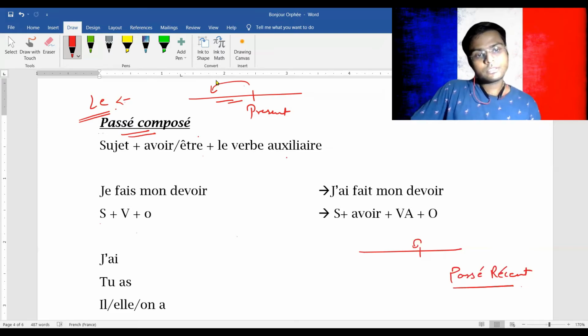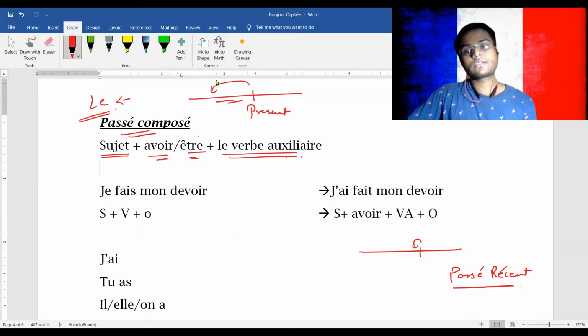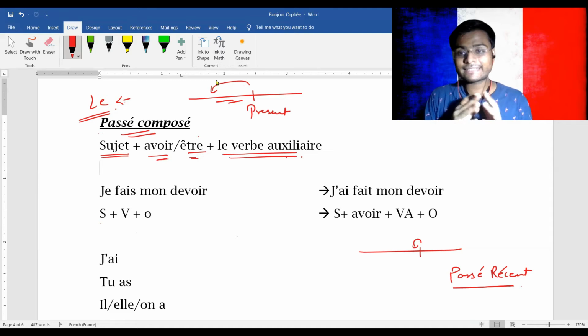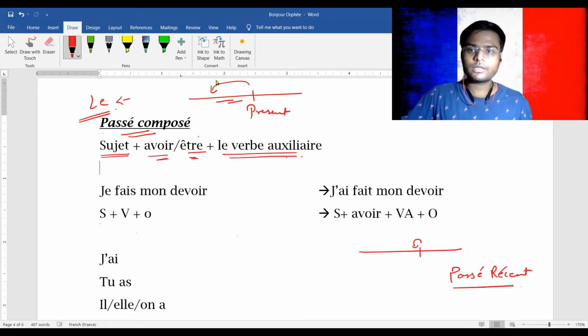So let's observe the structure, how you are going to make sentences. First of all, you have to add a subject and then avoir or être, and then the auxiliary verb. What are auxiliary verbs? I'm going to teach you that first. Second, I'm going to share with you some tricks because of which you won't have to put extra effort into mugging up all those verbs like dire, dit, finir, fini. I'm going to share certain techniques with you, learn only those techniques, and you don't have to mug up anything in the French language.